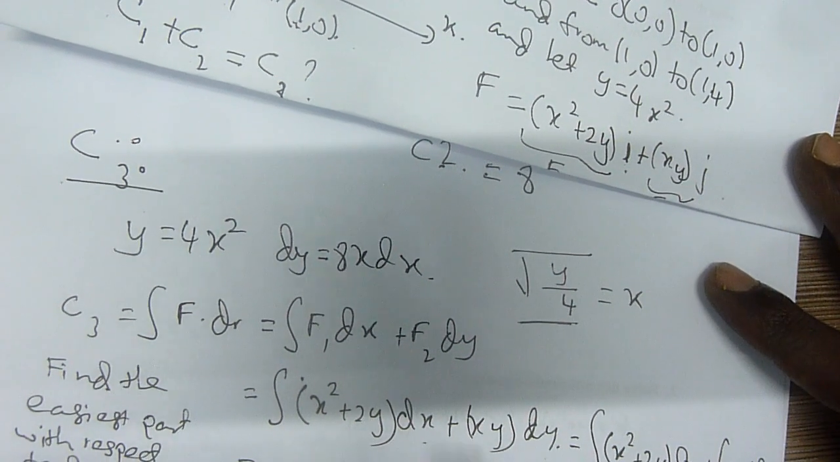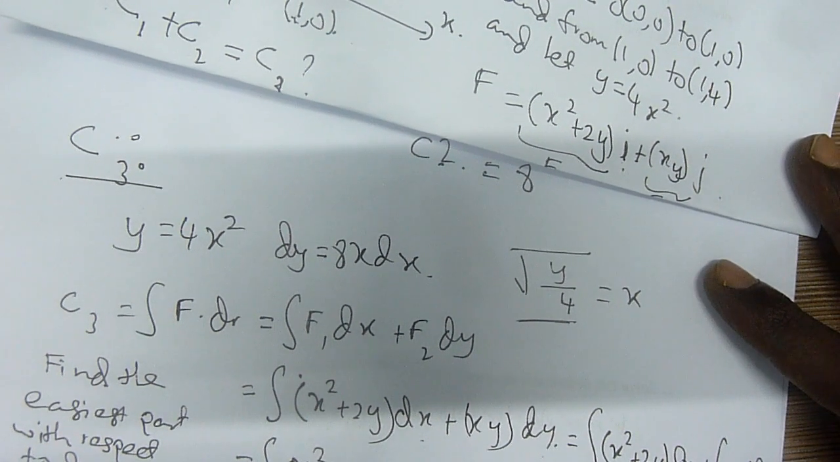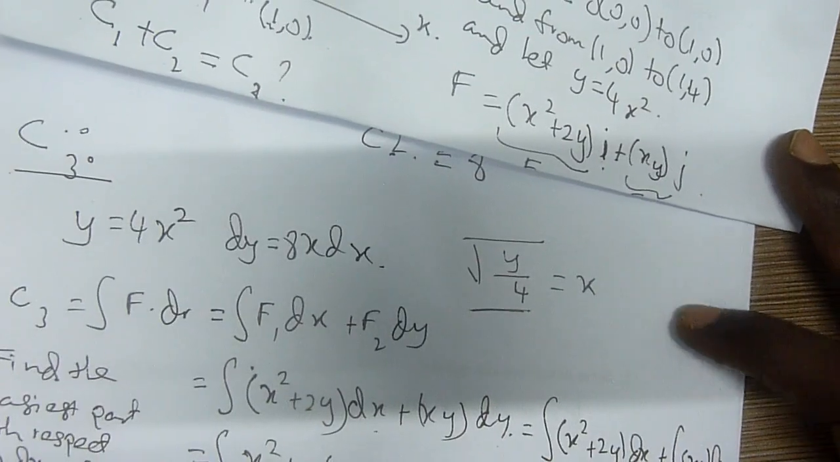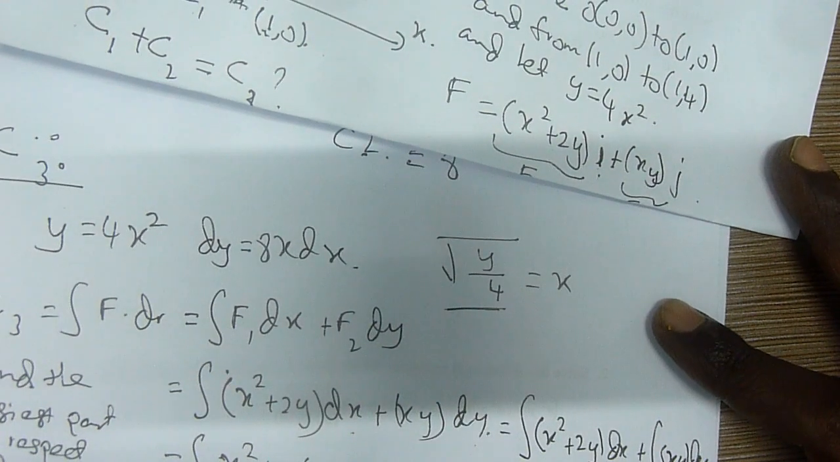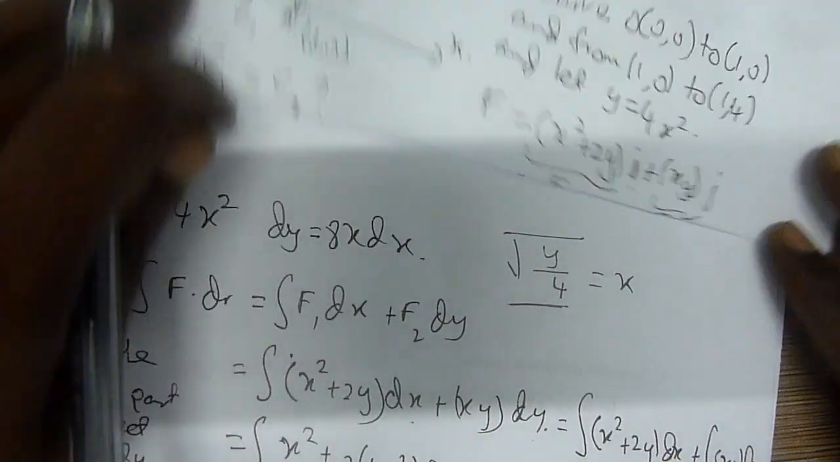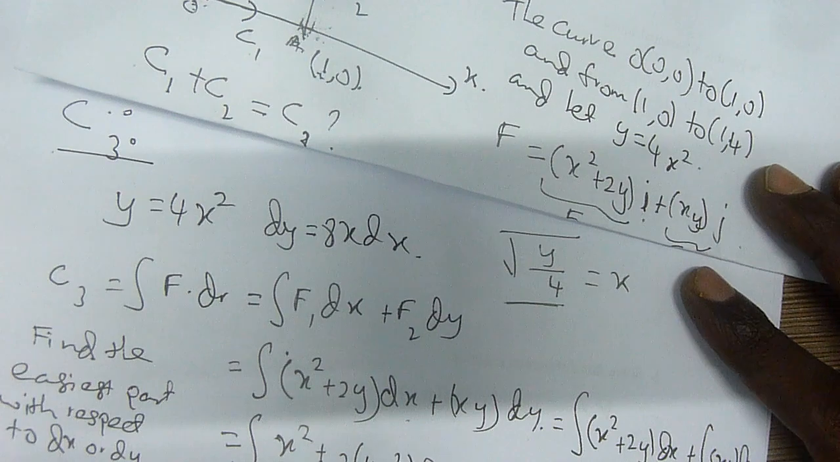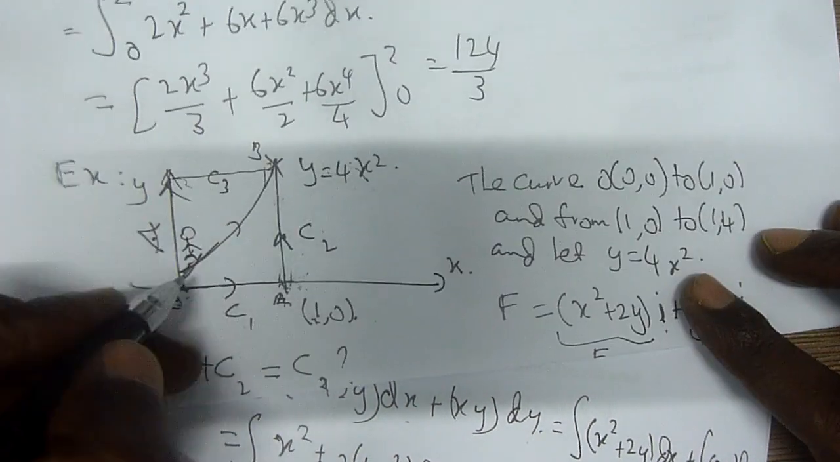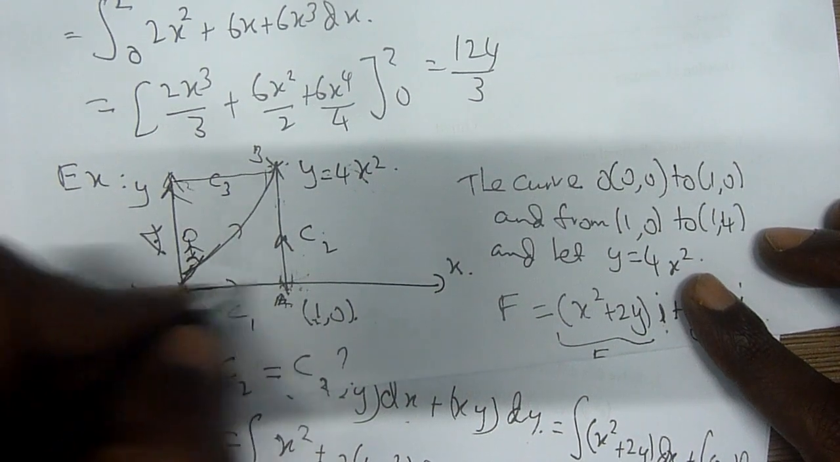Then I expand, just substitute. I will get it here: x squared plus 2 times 4x squared dx plus x times 4x squared times 8x dx, where the range is actually 0 to 1 again. The arrow is moving up, therefore it is something that we are referring to on this side, 0 to